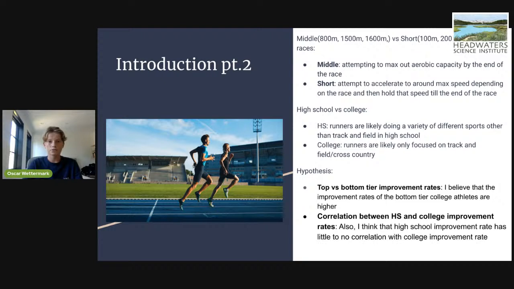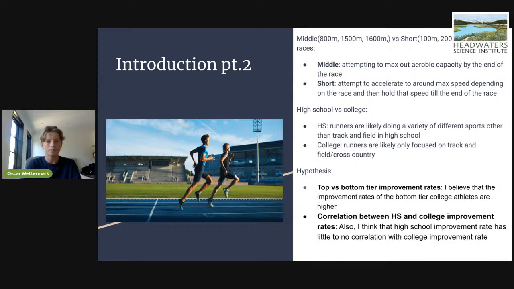Versus in a short distance race, an athlete attempts to accelerate to around max speed, depending on the race, and then they try to hold that speed till the end of the race. There's a difference between high school and college, because in high school, a lot of runners are multi-athletes. So they're not only focusing on one sport, but on multiple sports, which can lead to injuries and makes it a little bit harder. Versus in college, an athlete is most likely focused on track and field and cross country,